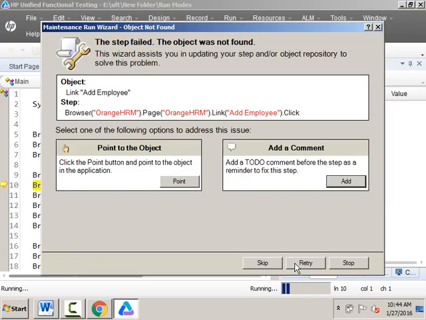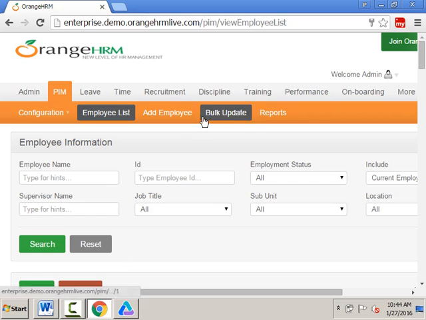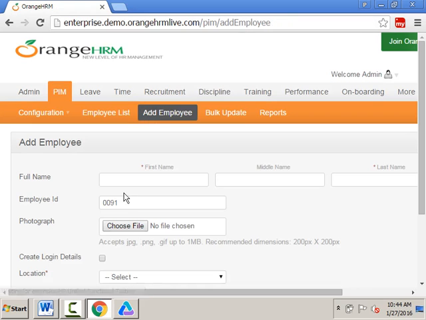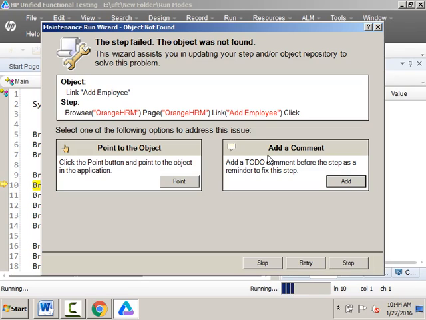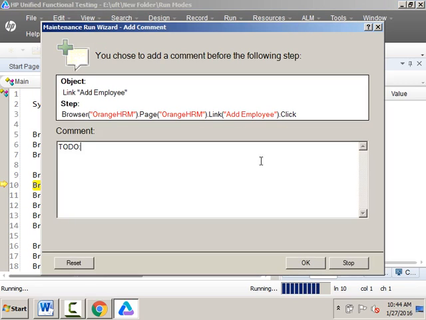Okay, again. This time what I do is I will just perform this step manually. I will not update the object properties. Instead of adding or pointing the object and updating the properties, I will just add a comment here saying, okay, add employee link